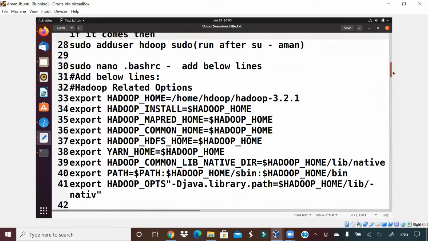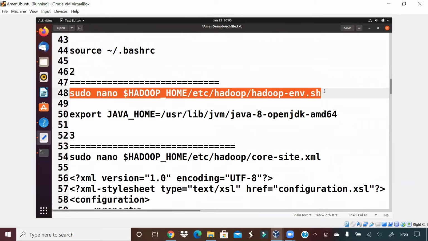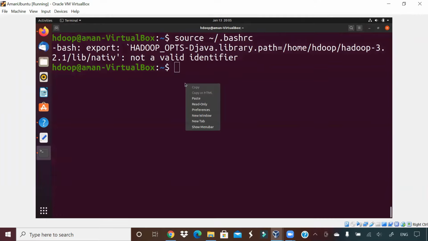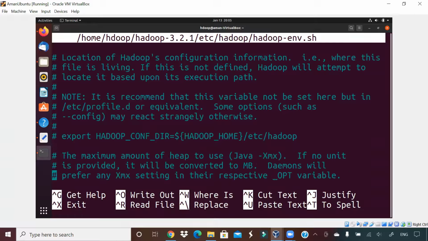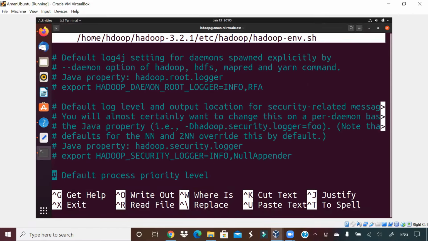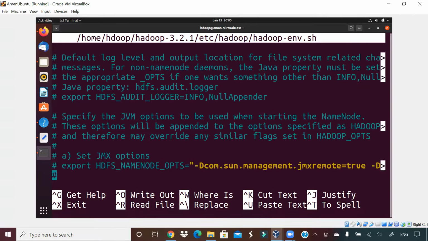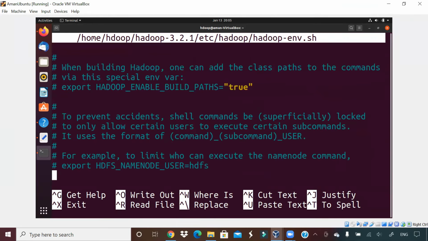Okay, so one file is done. Let us come to the next file. What is the next file, guys? sudo nano hadoop-env.sh. So there is another file, hadoop environment.sh. In this hadoop environment.sh, what I want to give is my Java path. So Hadoop runs on Java, as you know already, right? So Hadoop runs on Java. What I want to tell Hadoop is, where is Java installed in my system? Okay, so I need to give that path to Hadoop. That is what I will add here.